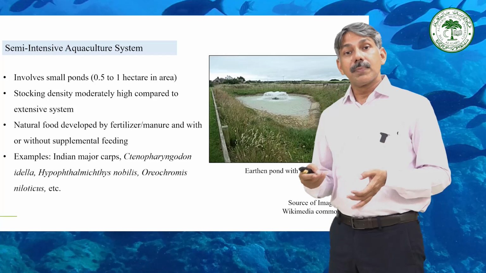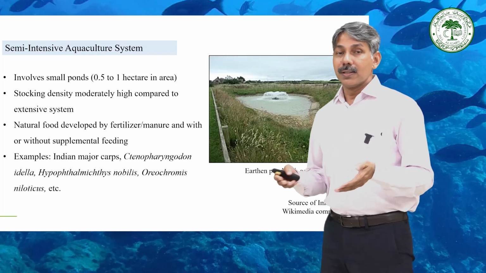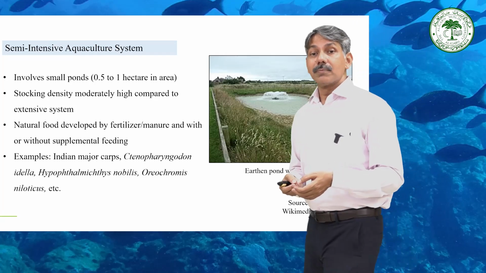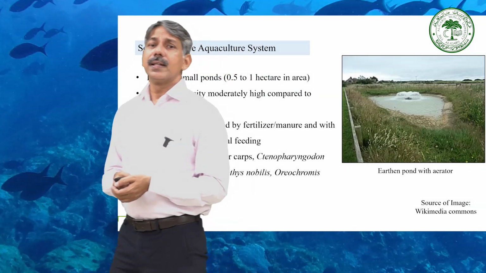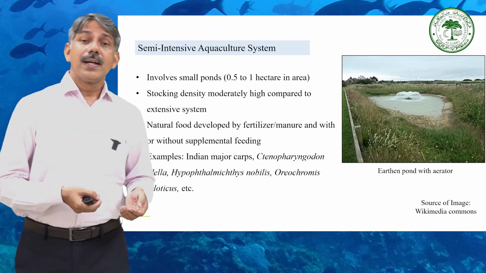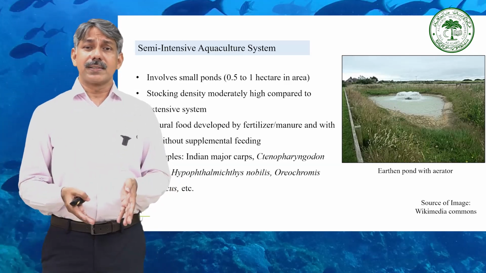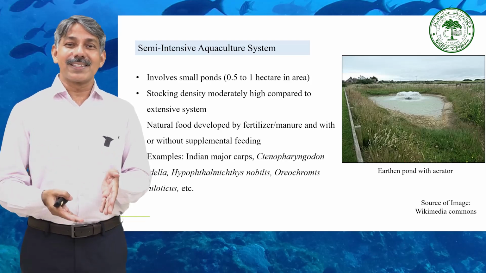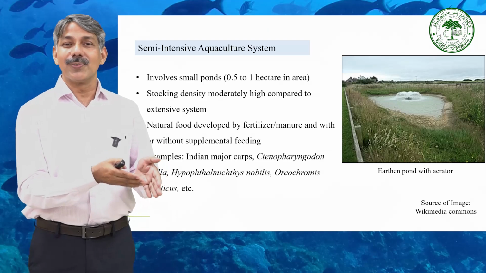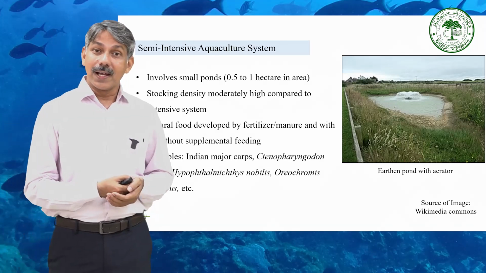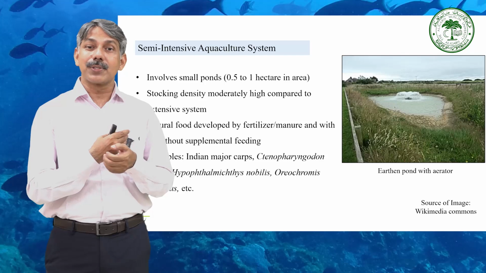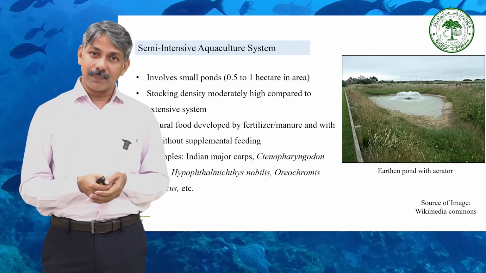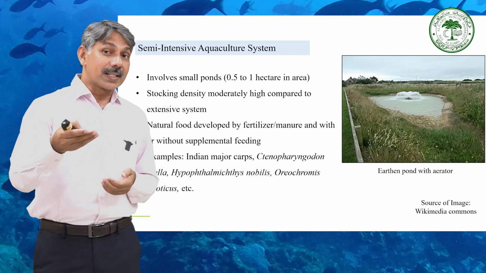And the examples of semi-intensive aquaculture, as I have discussed earlier also, Indian major carps are one of the best examples. And in countries like ours, India, we have the majority of the aquaculture system. In fact, the good growth stories about aquaculture have been written only with the semi-intensive aquaculture system in India. And you will find this type of system across the country, and people have done it very successfully. They do it in earthen ponds, and